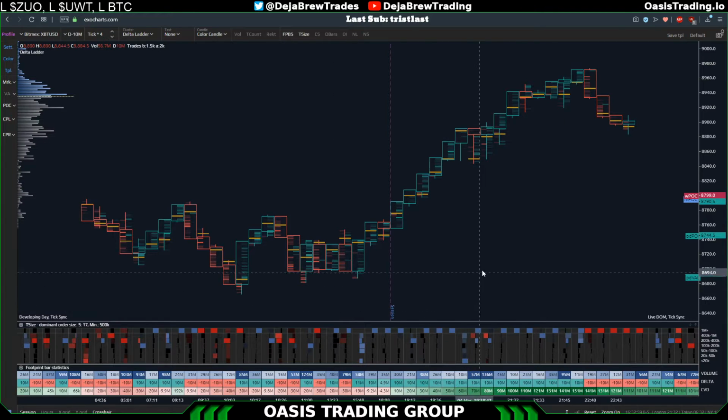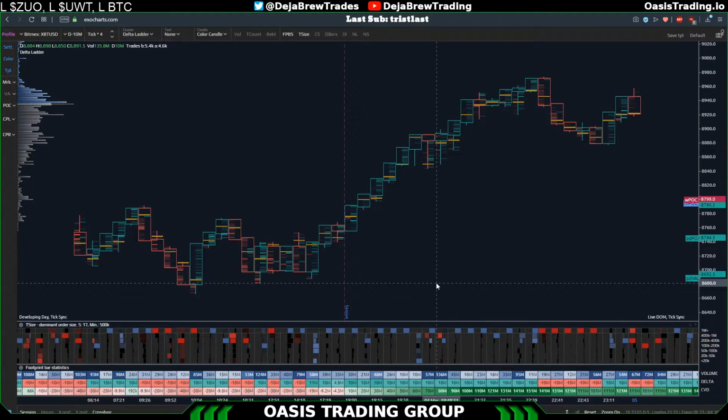And a little trick that you can do, it's a little more advanced. I call it a delta squeeze, and other people call it a delta squeeze as well. A delta squeeze is when you have a large amount of volume in a delta bar, and it's struggling to create that delta bar, right? To create a delta bar under my metric, it needs to be positive 10 million or negative 10 million,